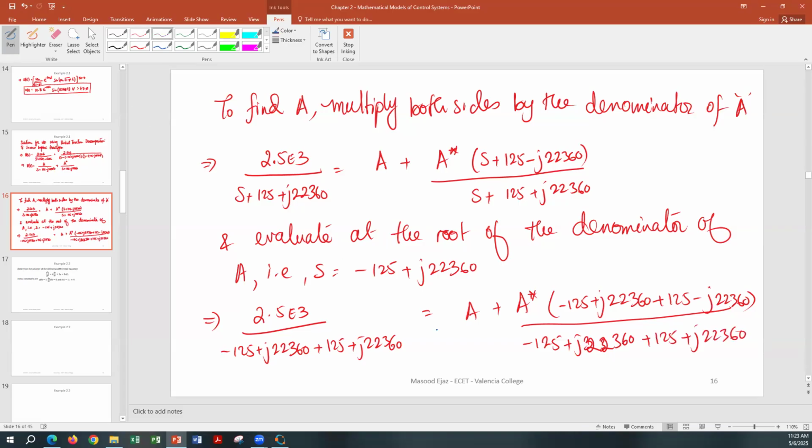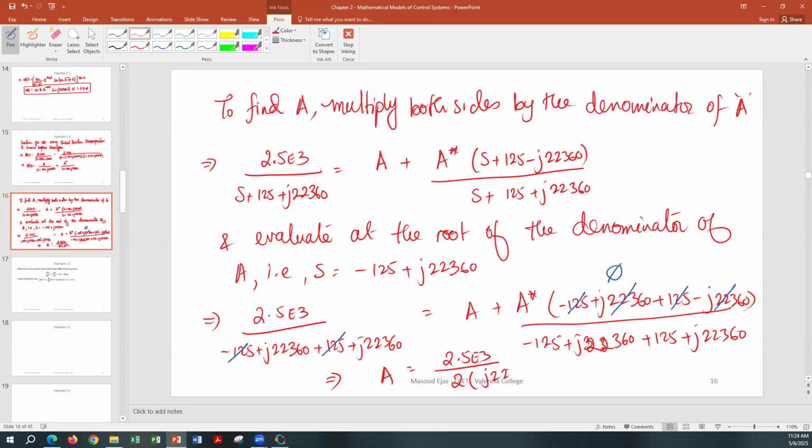So what do you see here now? Negative 125, positive 125 cancelled. j 22360, negative j 22360 cancelled, which gives you 0. 0 times A conjugate will be 0. So on this side, only A will be left. This negative 125, positive 125 is cancelled. And we have 2.5 exponent 3 divided by j, 2 times 22360. So from this, we can find A as A is equal to 2.5 exponent 3 divided by 2 times j